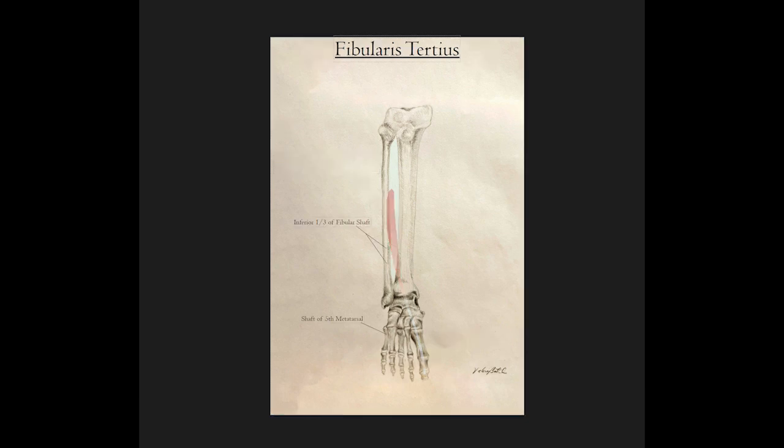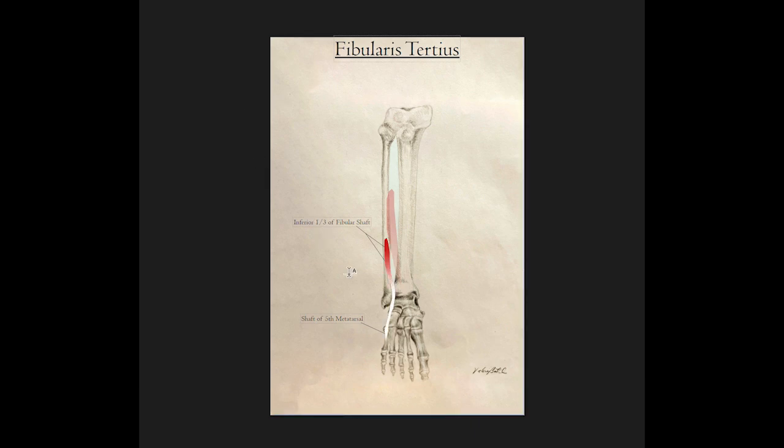Next, we're going to talk about Fibularis Tertius. Fibularis Tertius is a muscle that some people call a vestigial muscle, say it doesn't really have much function, but it does have a little function. So let's talk about it. It attaches to the inferior 1/3 of the fibular shaft. It's a small muscle, goes from there straight to the shaft of the fifth metatarsal. All right. And that's going to look like